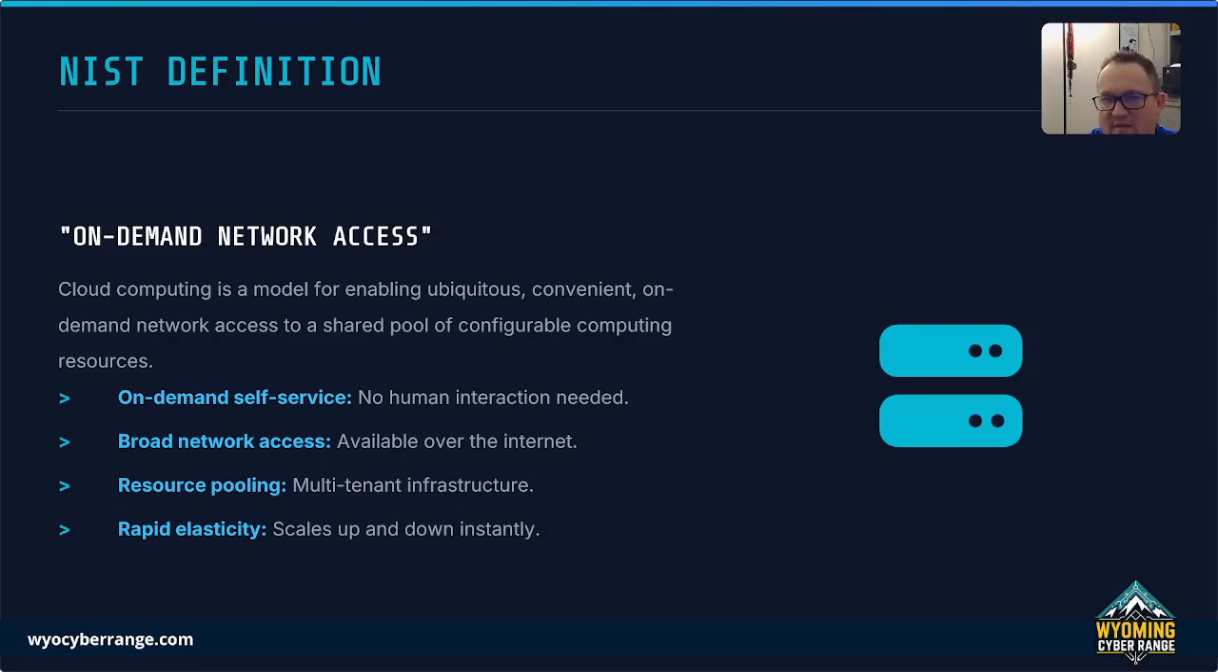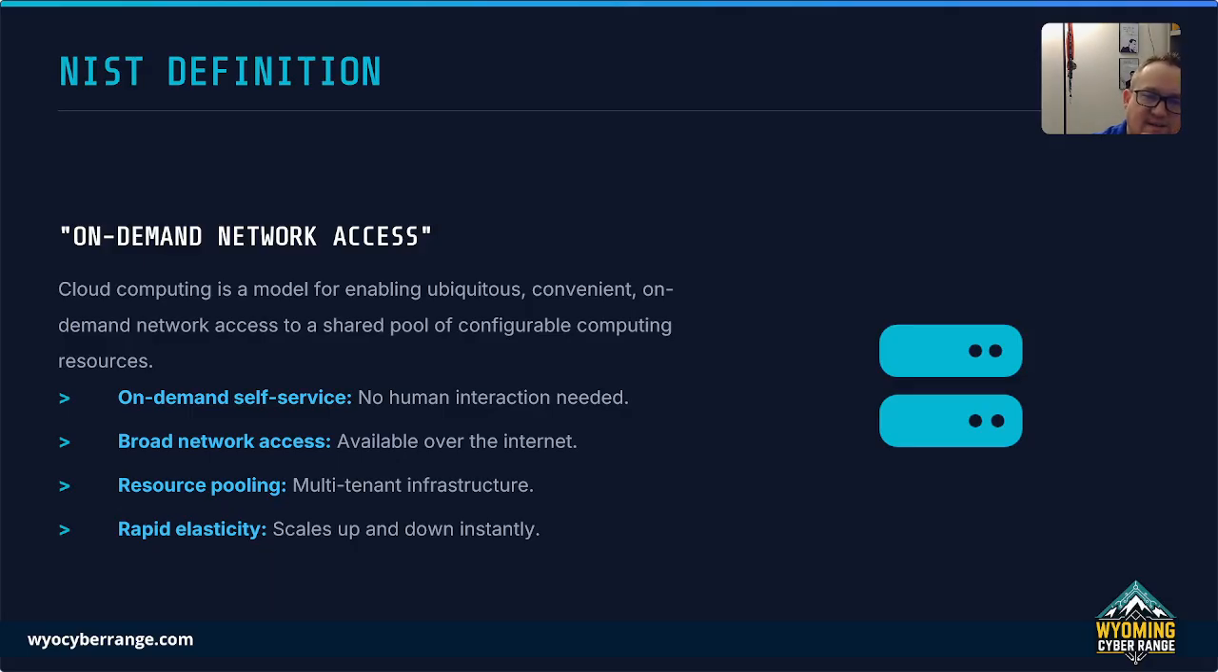A cloud environment is going to have on-demand self-service, so no human interaction needed, right? We're going to be able to just click a button and get a server. We're going to have broad network access, being able to access it globally or just through the internet. We're going to have resource pooling, otherwise known as multi-tenant infrastructure. And then we're going to be able to rapidly expand or contract, okay? We're going to call that elasticity. That means we can either scale up to more servers or scale down to fewer servers,